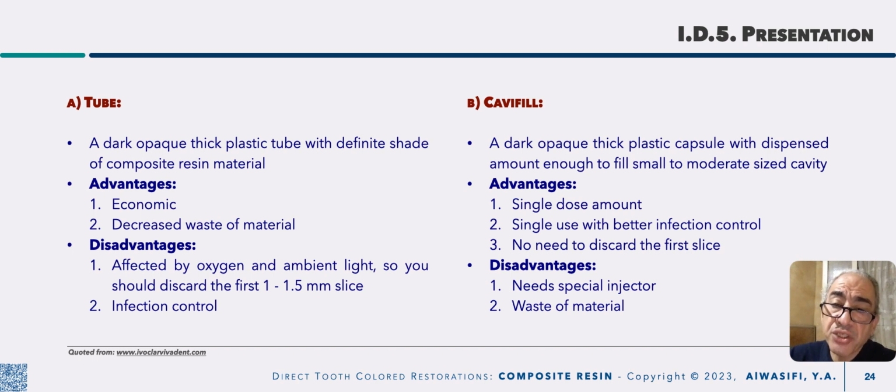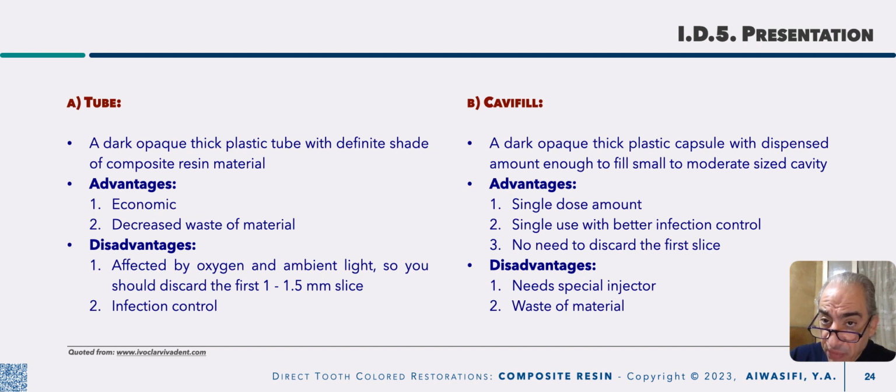Also, as we mentioned before, the tube has an amount of about 2 to 5 grams of composite, which could be used many times. That's why remember to recap it. If it is not used, it should be refrigerated, and when you use it, it should be taken out of the refrigerator at least 1 hour before you use it, and slice at least 1